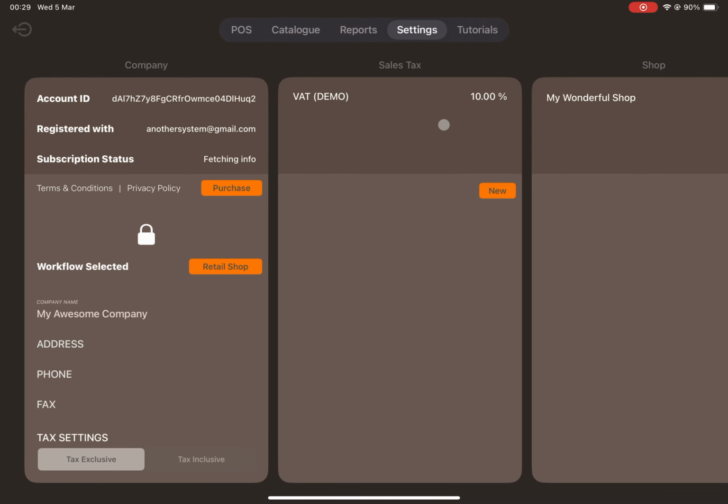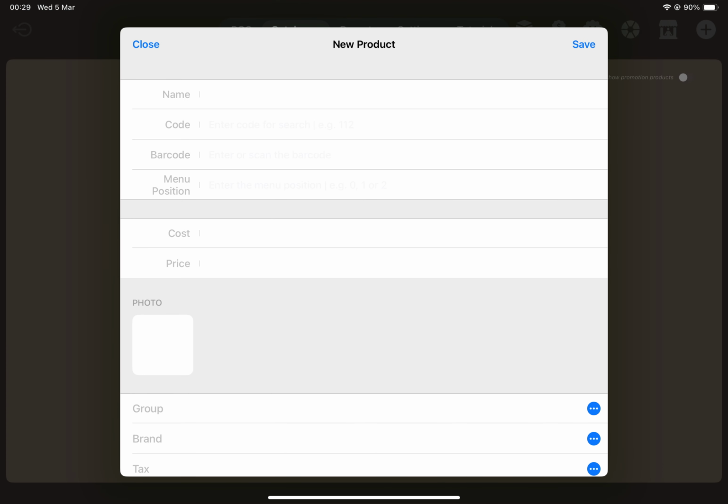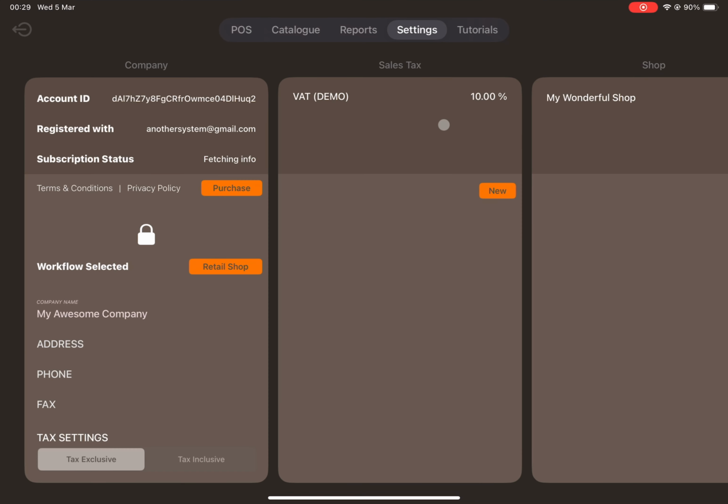In this video, I'll show you how to import your own products into Poshier using a CSV file so you don't have to enter the data manually. When you create a product in Poshier, you'll see a window where you can input your product information. Instead of doing this manually, you can prepare a CSV file with the information you already have and import it directly into Poshier. A CSV file is a spreadsheet file that you can create using any spreadsheet program, like Excel